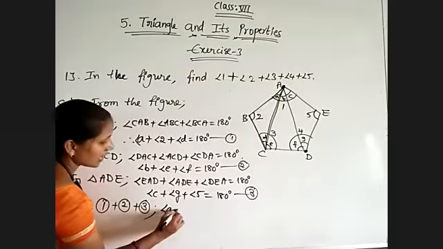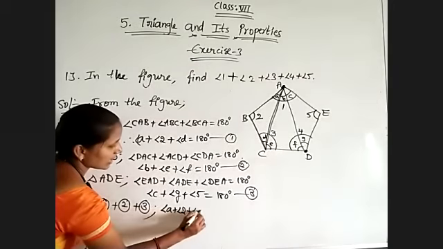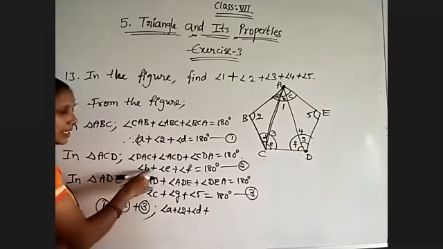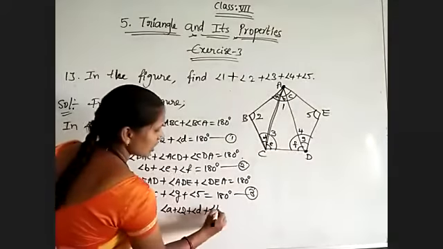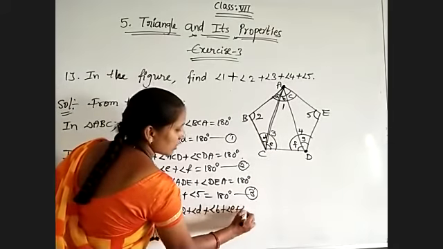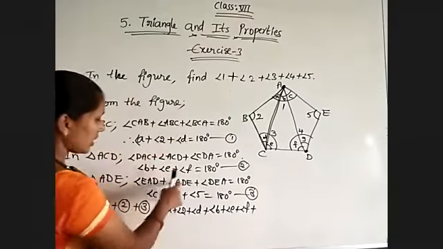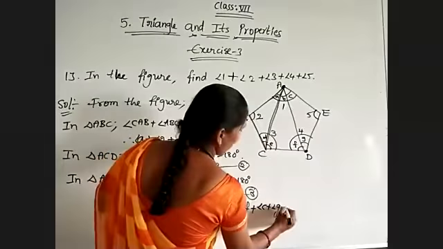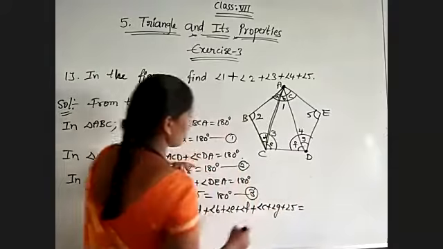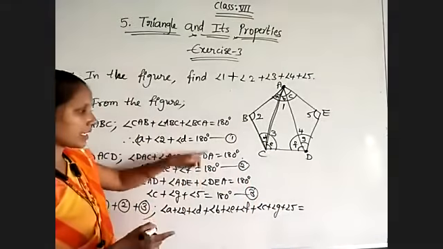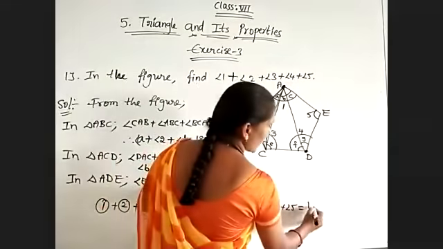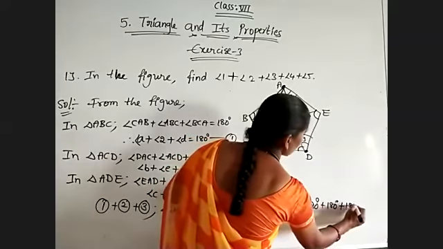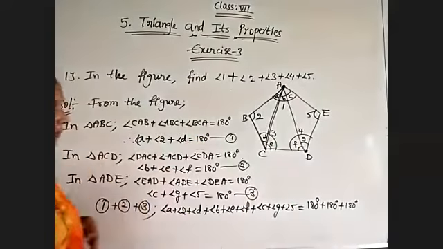Angle A plus angle 2 plus angle D is the LHS of the first equation. And for the second equation, B, E, F is added through the horizontal method. Then C, G, 5: angle C plus angle G plus angle 5 is equal to, on the right side, 180, 180, 180. That's all. 180 degrees plus 180 degrees plus 180 degrees.